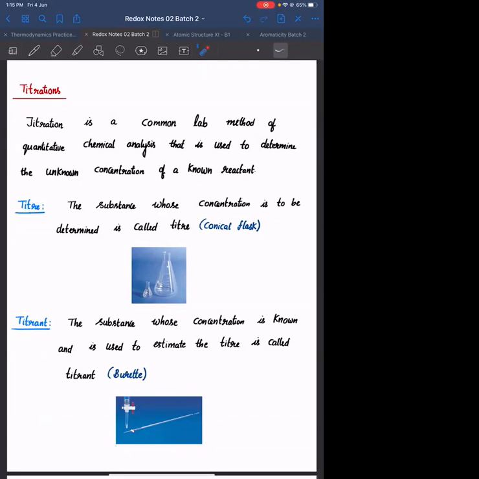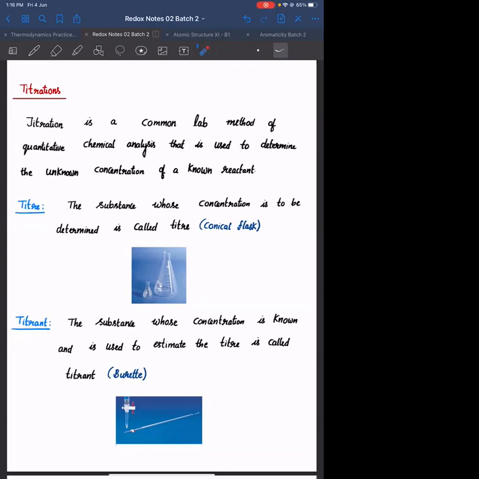Okay, what we will do is we will do the reaction between these two substances. What is the end point of any reaction? The end point of any reaction is nothing but equivalence of one substance must be equal to equivalence of another substance. Agreed? Yes. If A and B are reacting, for complete reaction, equivalence of A must be equal to equivalence of B. This is according to equivalent concept.